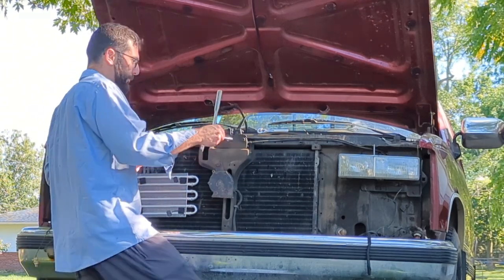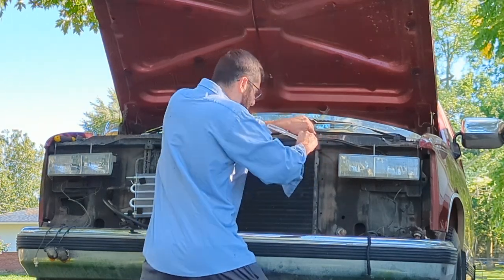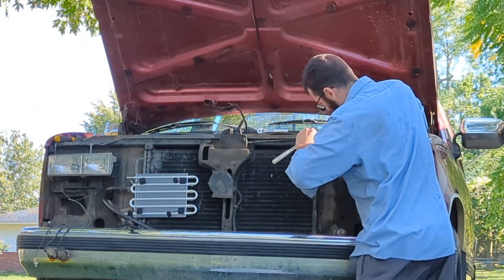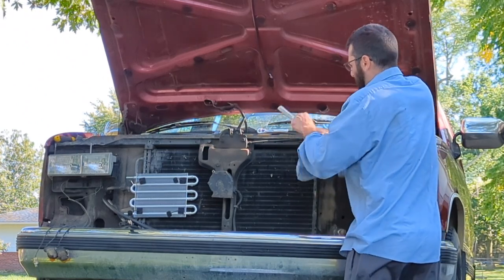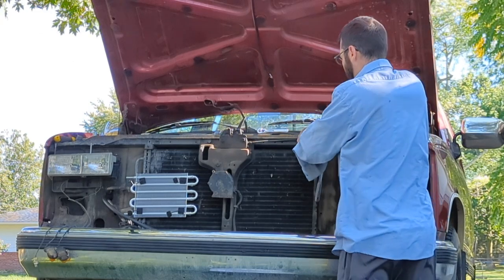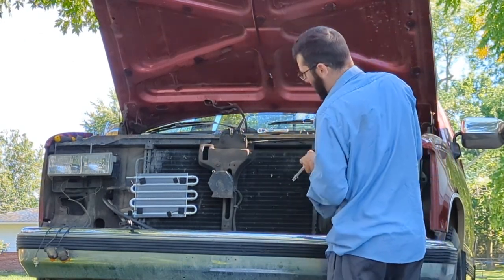We've got a couple of screws here. Looks like these here, of course, are metric 10s. And, of course, the hood prop is in the way for this side. So we just got to make our own space here. There we go. So as long as you still have a 10 and it hasn't run away from you, that's what these little screws are. And it looks like I have to take off the,